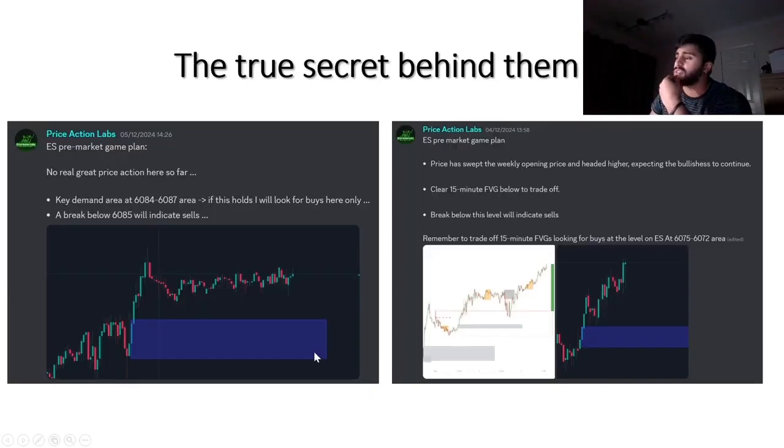Look at our last example: understanding that behind every single trade there's a level, and the levels are the